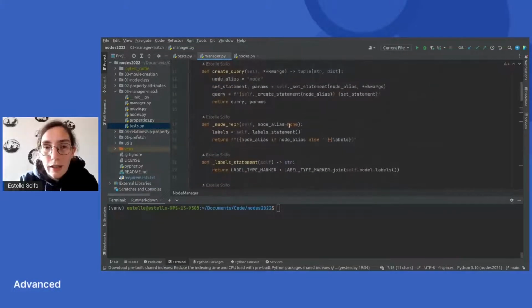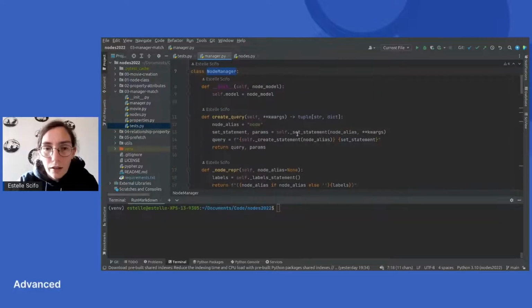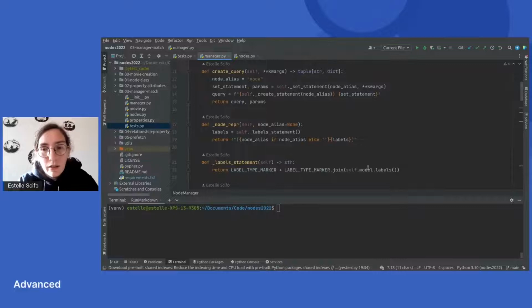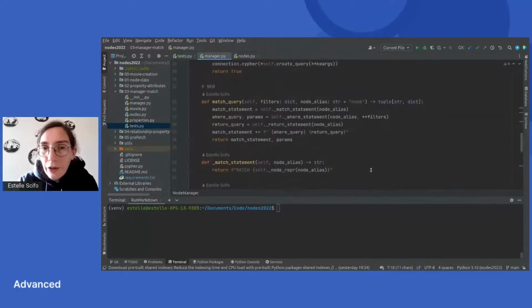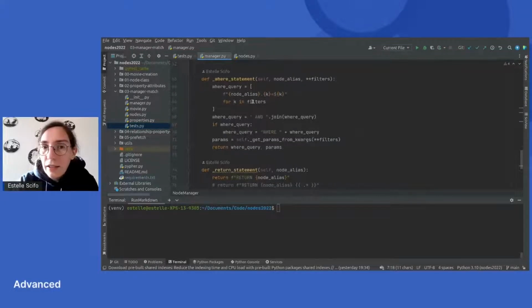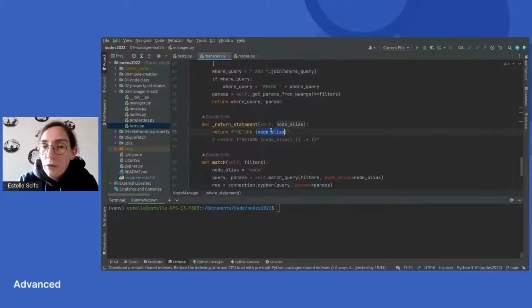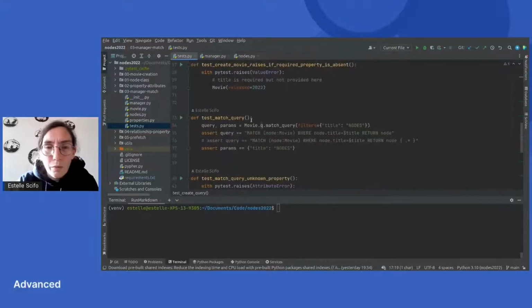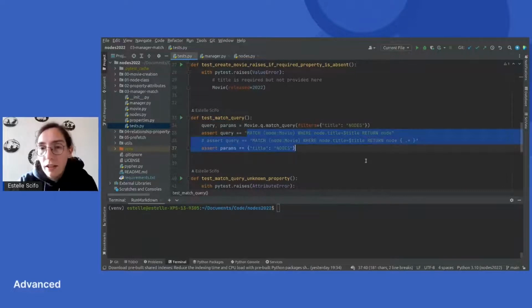You see that it uses the class name as label. And we have the where statement that is built in the same way using the filters that are passed to it, joined with only an AND operator. And we are returning the node. So in the end, the match statement looks exactly like this.